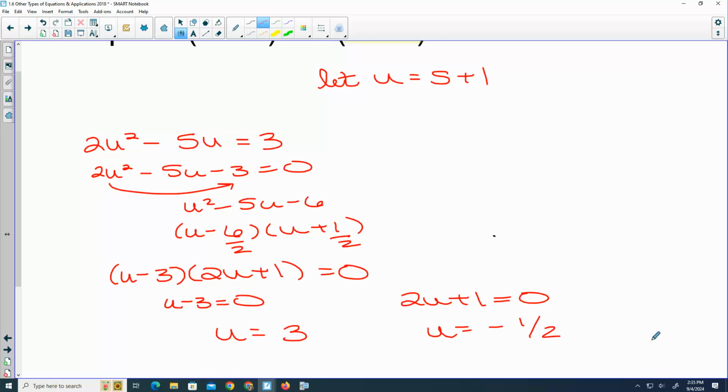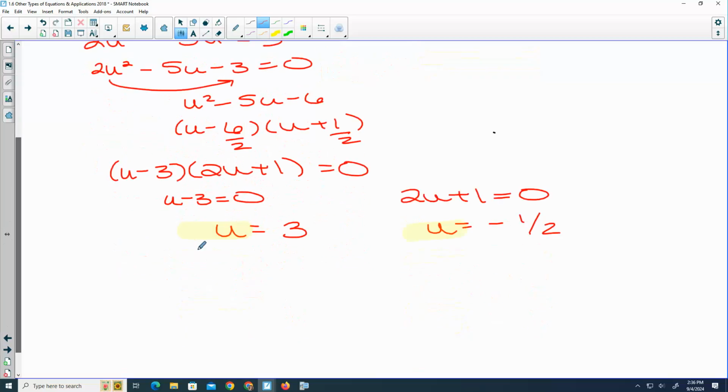But I'm not finished because my problem didn't start with u. What did my problem have to begin with? Okay, so I'm going to come back and now undo my substitution. I'm going to change that u to an s plus 1. So if I subtract my 1, s is positive 2,